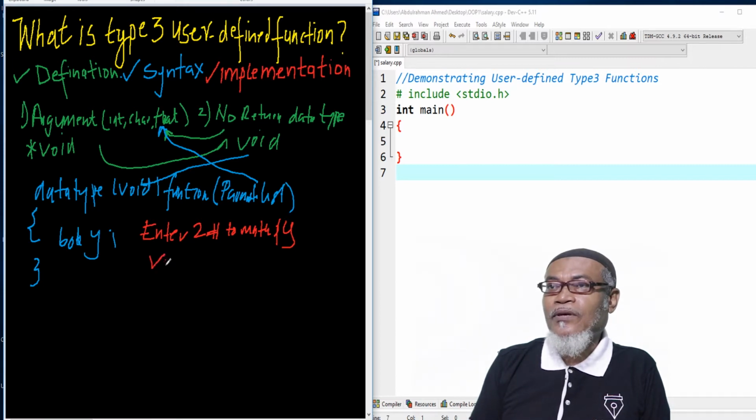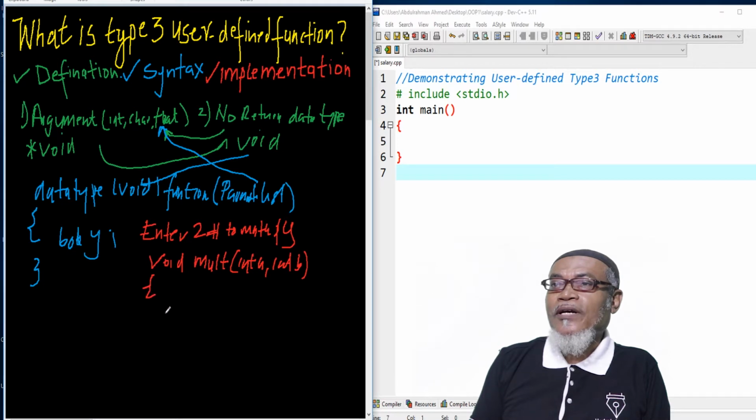So our function will be void, and then we'll have a function name, and in this particular case we are going to call it mult, and then it should take some parameter list. We are going to take a 2 parameter list, since we are telling a user to enter 2 numbers. So we'll have our int a and our int b, and then we should write the logic of what it is supposed to do. Our logic will be very simple. We'll have int times, which is a variable to hold our result, equal to a multiplied by b. And then we are just putting up a printf,